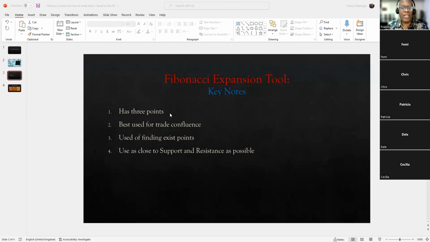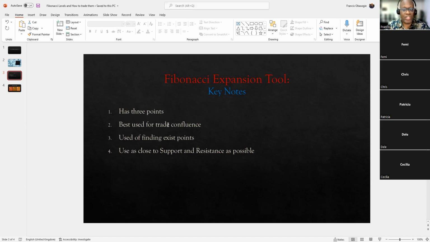We're going to get practical, guys. Obviously, we're just looking at the points and all that. We're going to be going to the MT4 application itself. So the Fibonacci expansion tool basically has 3 points. I would like to call it ABC. It is best used for